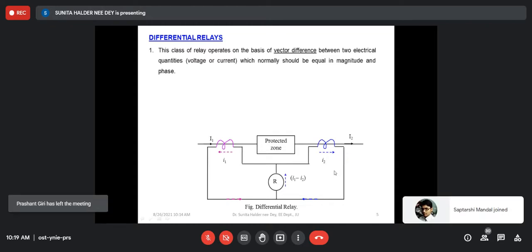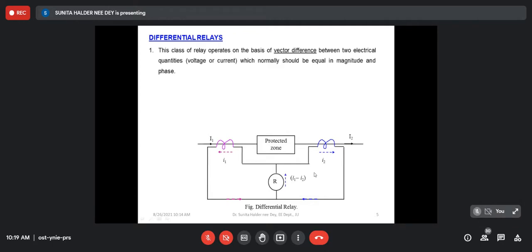During abnormal condition, obviously I1 and I2, the main line currents will deviate, so the CT currents will also deviate. So the difference between the CT currents will have a positive value, and for that reason the relay will operate, because in an overcurrent relay, if there be a current beyond a certain range, then it will operate. So this is the principle. Since it is sensing the difference between two currents, therefore it is called a differential relay.